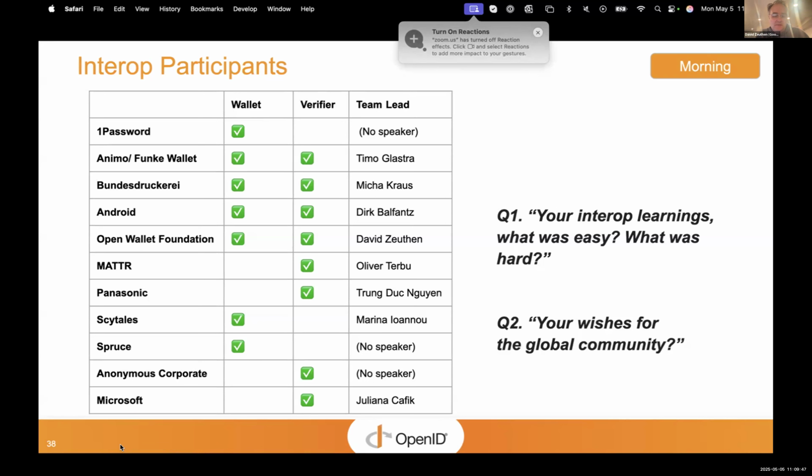So as for the wishes for the global community, want to see more browsers and also more mobile operating systems pick this up so we can implement it, and our users can have a uniform experience. So presenting a digital ID will not be something where you have to read a complex consent prompt. I was just throwing myself under the bus right there. So yeah, it's been a really great process, and I'm looking forward to doing more of this.